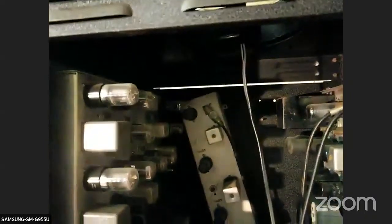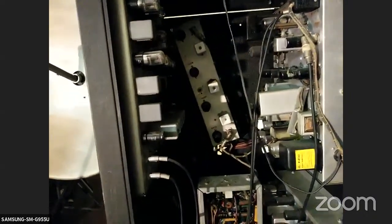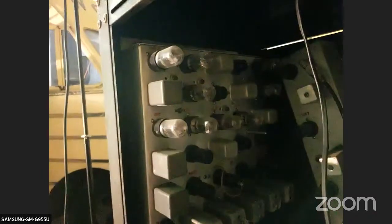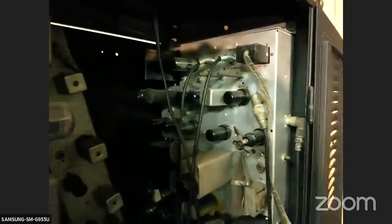You can see straight ahead of you that the chassis that is at an angle, that's the video preamplifier. On the left, I believe, is the, well, maybe on the right is the sweep circuits. I think that's video processing. Move over to the right. Can't remember which is which, but anyway, it has in it